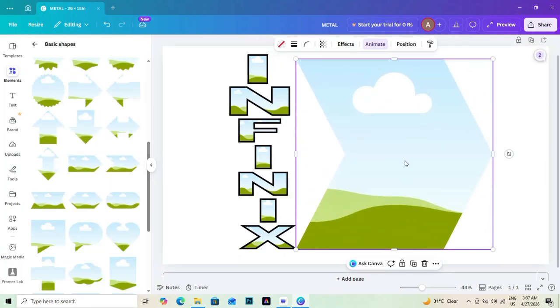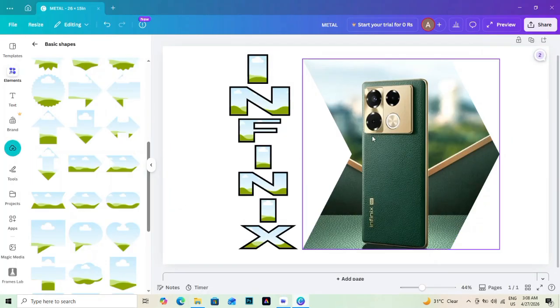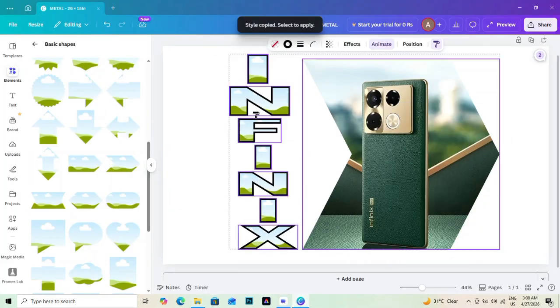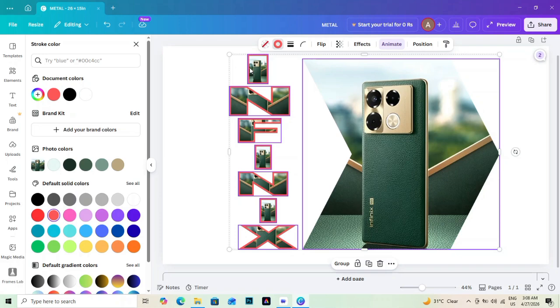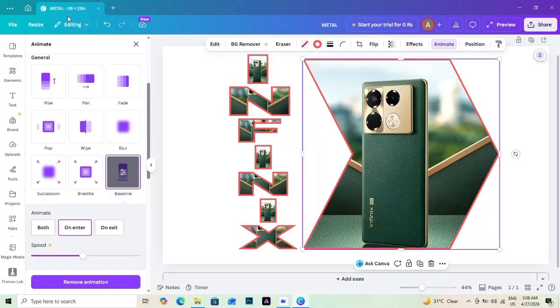Duplicate the main frame, enlarge it slightly, and place it behind with reduced opacity to create a layered effect. Add thin line elements between frames and lower their opacity to keep things subtle. Use position tools to align everything without making it